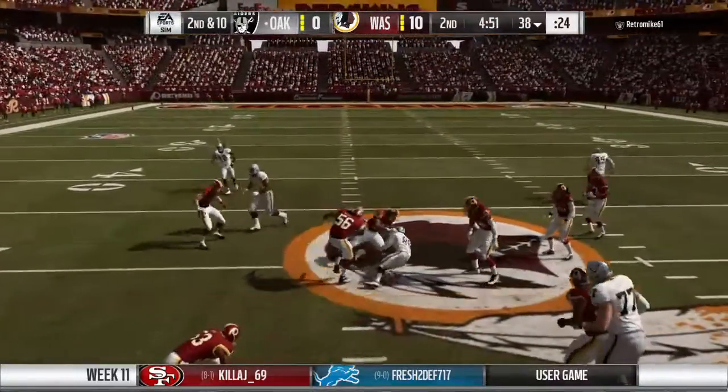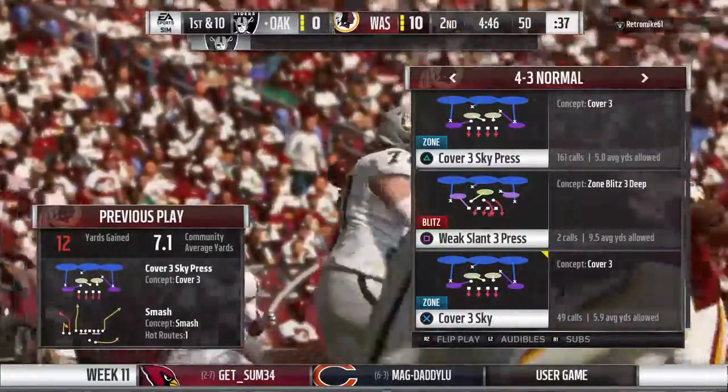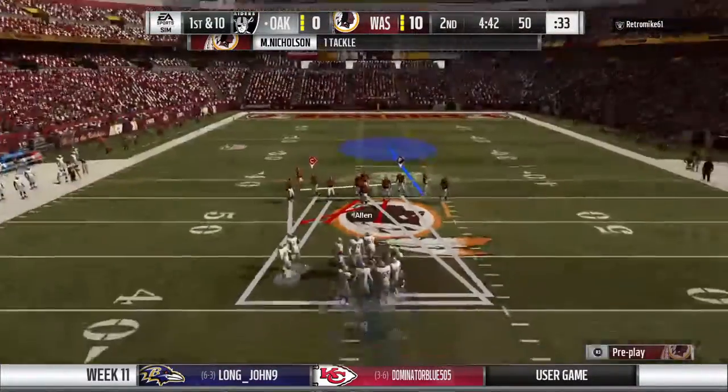Trying for Cooper again. This time he finds it. And he gets this one to midfield before he's brought down. A Raider first down as Carr finds Cooper. Those are the kinds of plays right there that show you why he's the number 3 man of the NFL